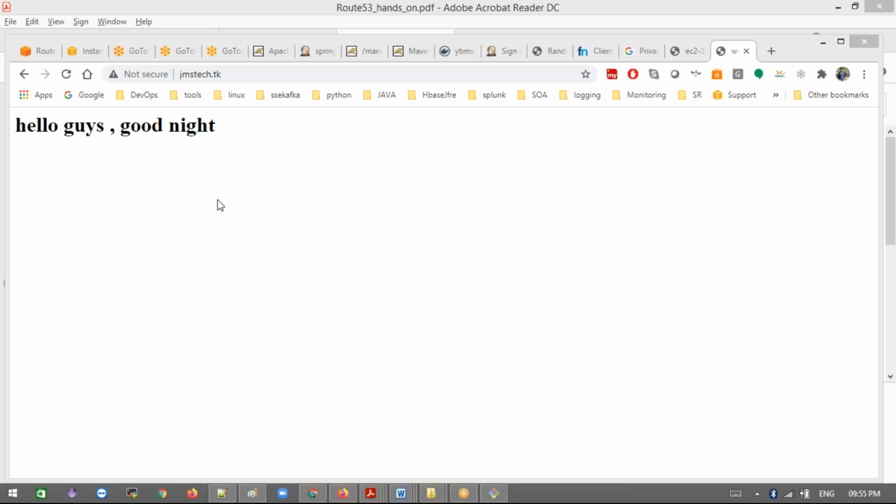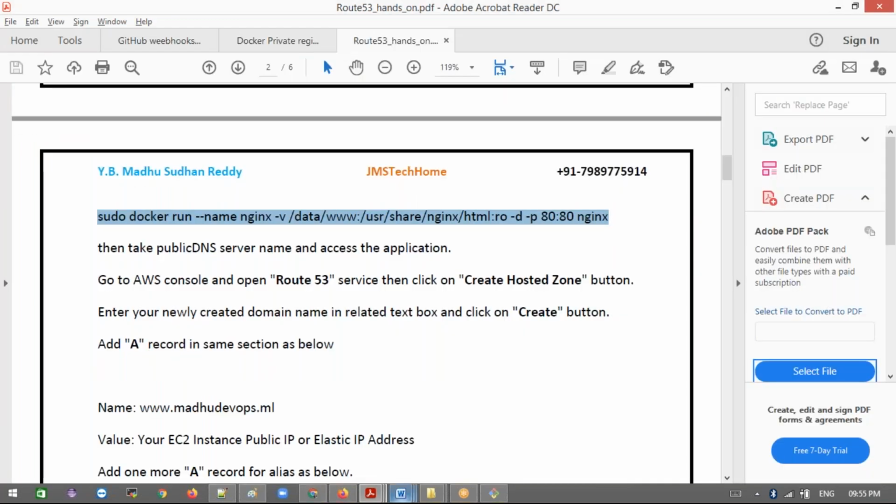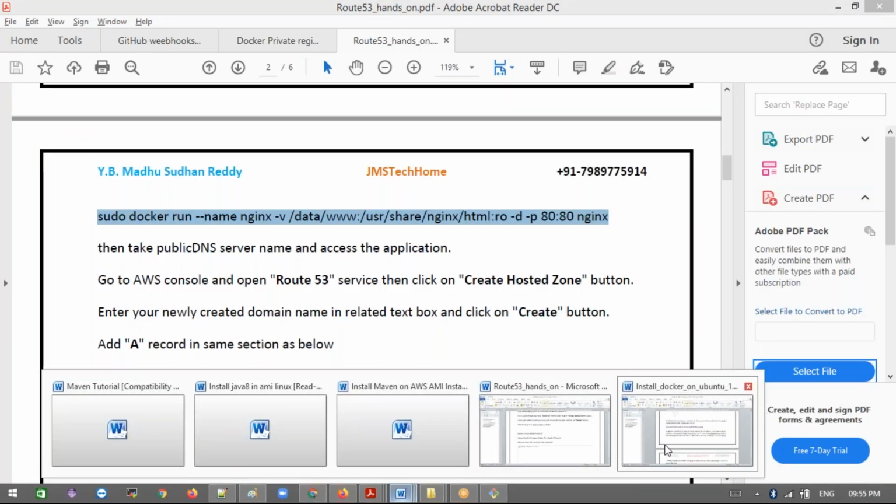Guys, everyone is clear now. The next thing we do, let's make it more secure for this application. Okay, now after this,